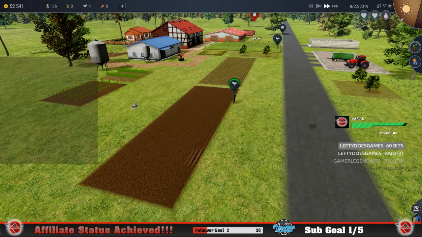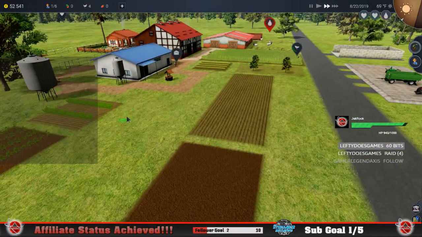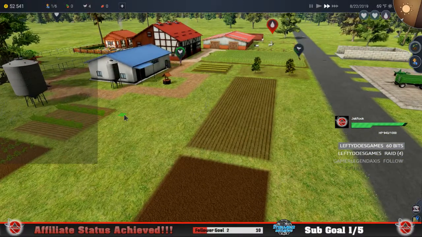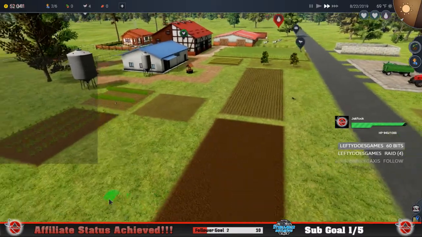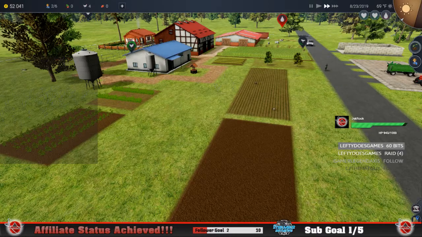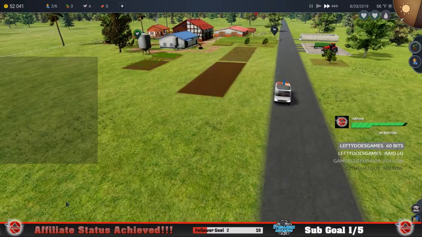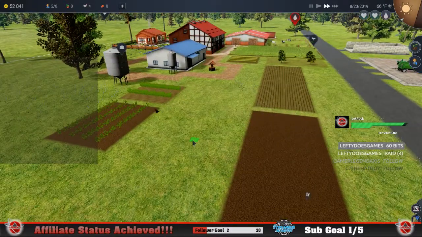Alright, so let's do that. We'll escape out of that. Let's build a field. Yeah. Alright, so let's build one. Let's do 10 by 10. I don't know if that's... Wait a minute, let's do this. Oop, gotta escape out of that. It's kind of weird, okay. Alright, let's,